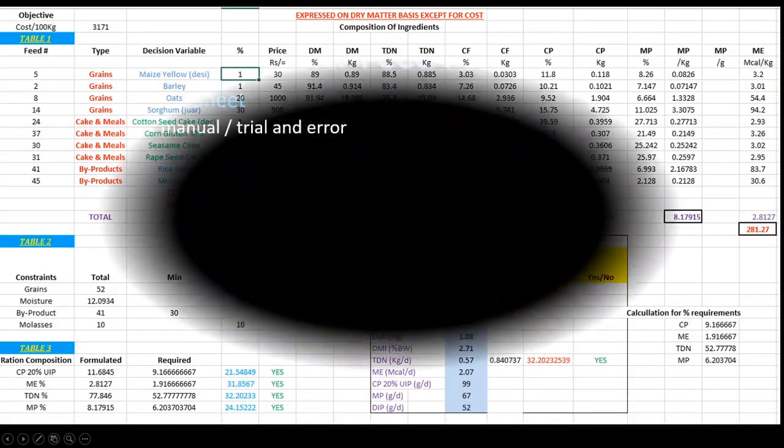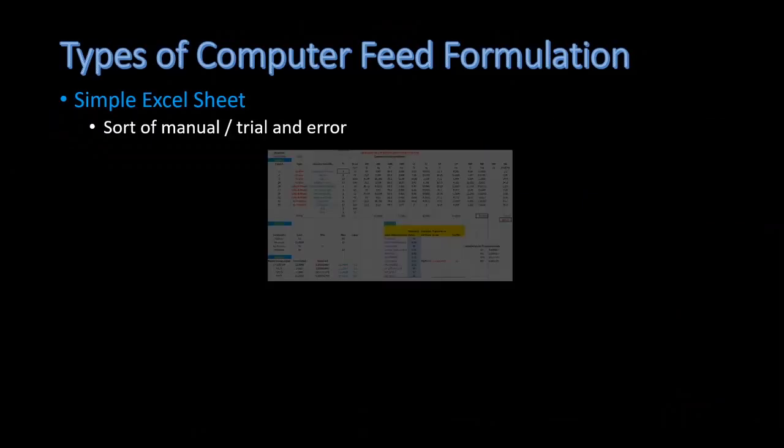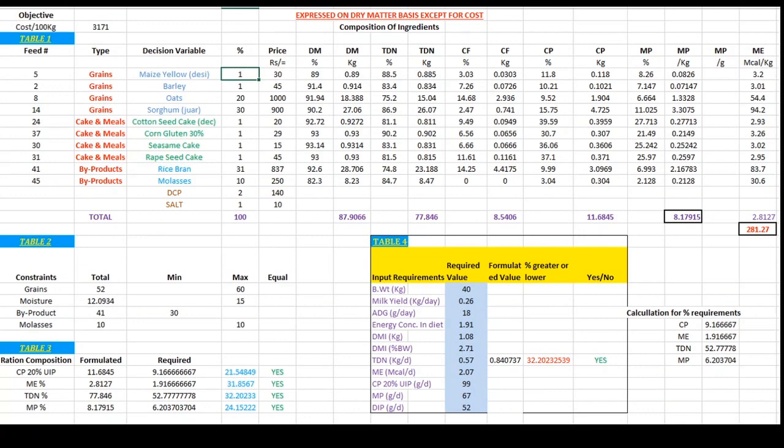This is a little improved type of Excel sheet where we can put some constraints and again the required composition with some minimum or maximum values. By changing the feed in the first column, we can change the feed number.